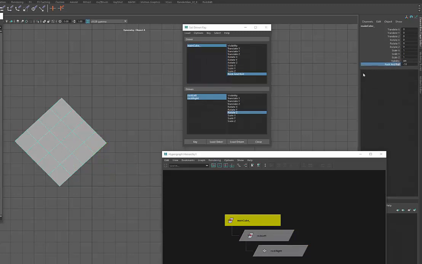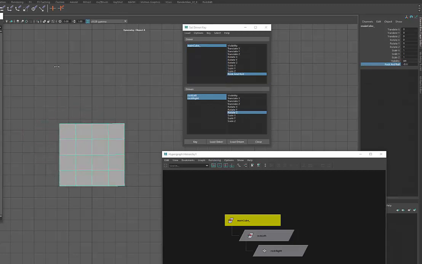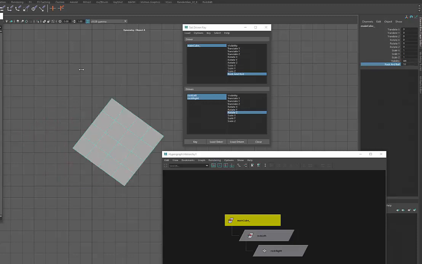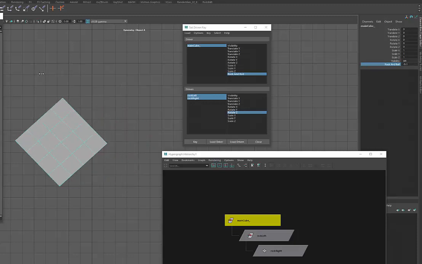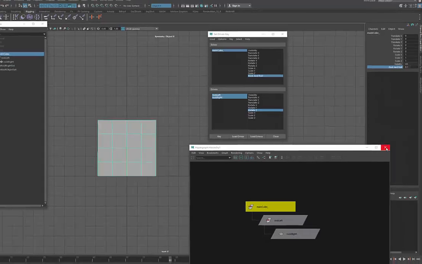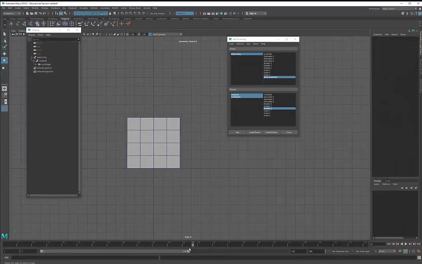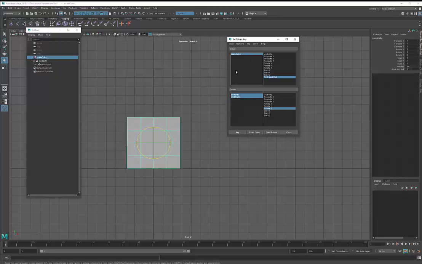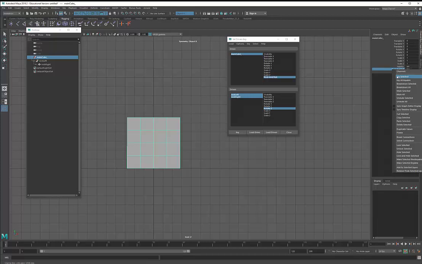So let's look at this rock and roll now. And when I go from -10 to 0, it resets to 0, and then I go to 10 and it rotates on the other axis. So by grouping these and using set driven key, you can control multiple attributes with one slider. And when it comes to doing an animation, the only thing that you have to keyframe now is the rock and roll attribute. So here at keyframe 1, I'm going to select this, right click, I'll say key selected,